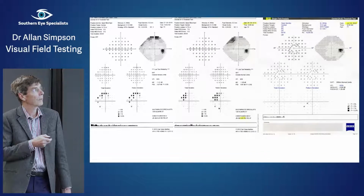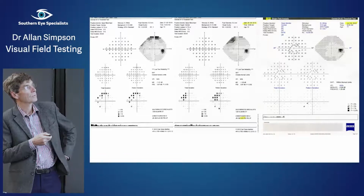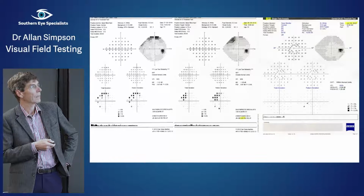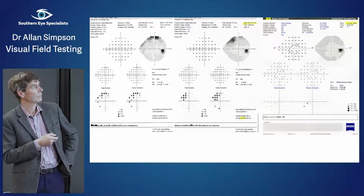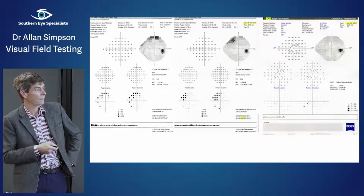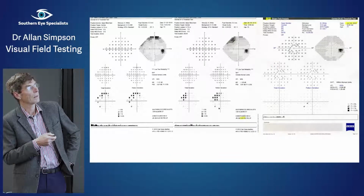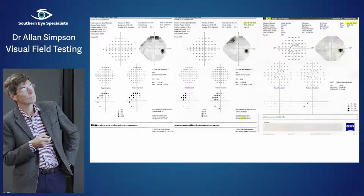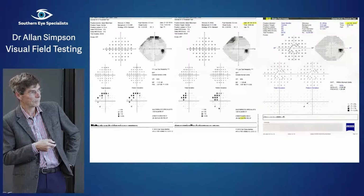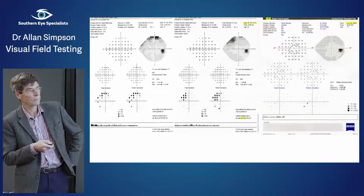First of all, this one, so here's a 24-2 threshold test, and this one's done a year ago, and here's a left eye, reliably done, except it says low test reliability there for some reason, but the other stats are quite reliable. And here's a year ago, March 2019, June 2019. So there's certainly something going on, superior arcuate really, and it looks reasonably bona fide superior arcuate. And here's the